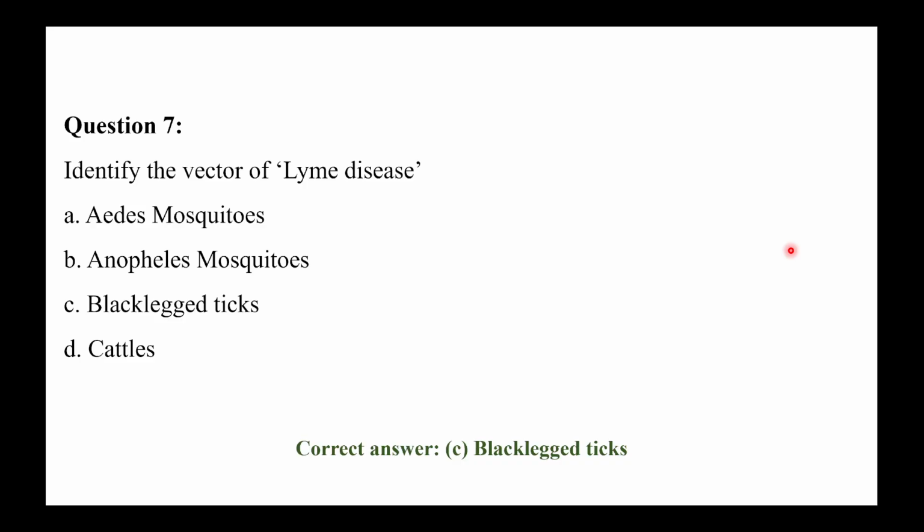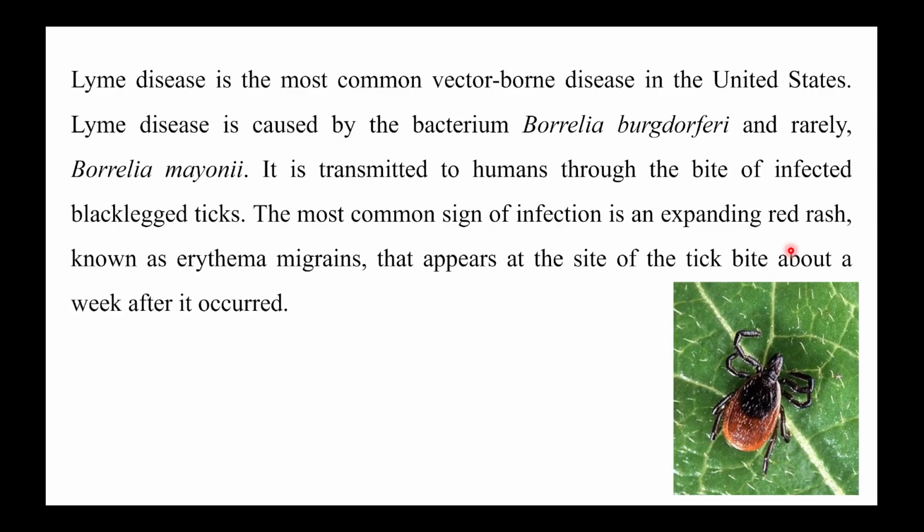Lyme disease is the most common vector-borne disease in the United States, and it is caused by the bacterium Borrelia burgdorferi, or rarely Borrelia mayonii. These bacteria are carried by black-legged ticks and transmitted to humans. So humans are the primary host for these bacteria, but